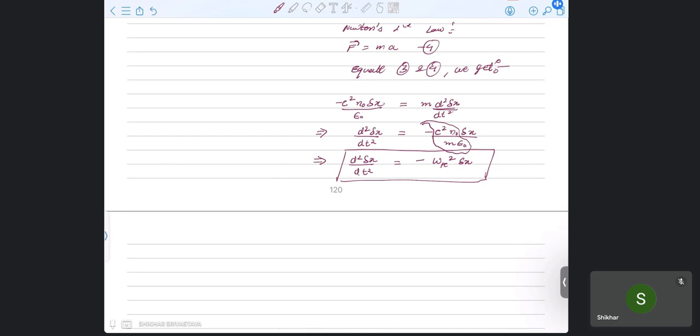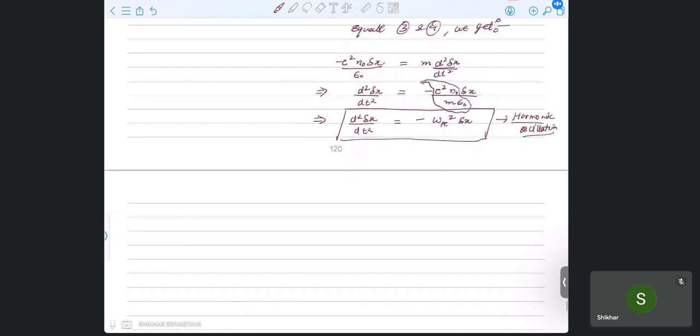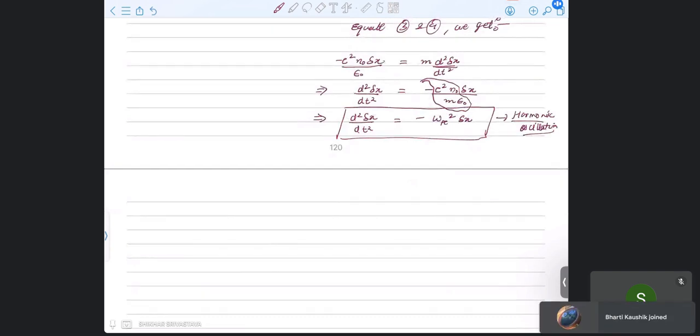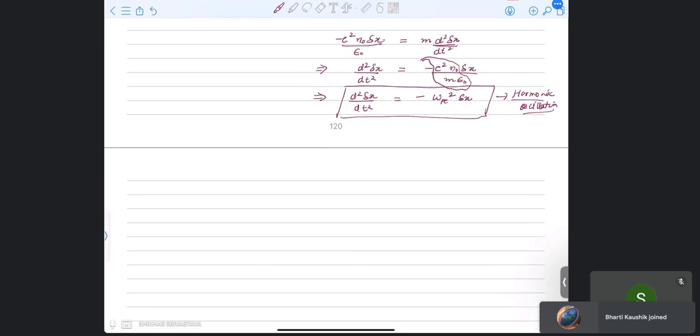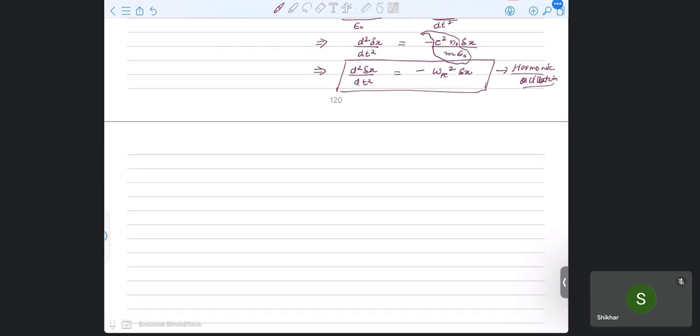So the solution of this is simple harmonic oscillations. For a pendulum or even in quantum mechanics, you must be encountering this kind of solutions. So this coefficient of del x gives the plasma frequency. And why electron? Because generally ions are at rest inside plasma. It's electrons which are doing all the motion. So this is called the plasma frequency, and it is given as